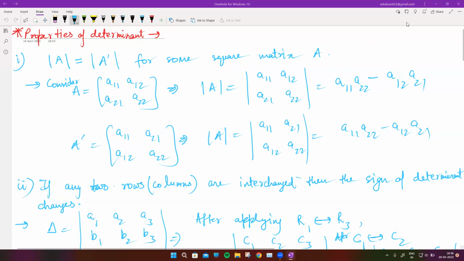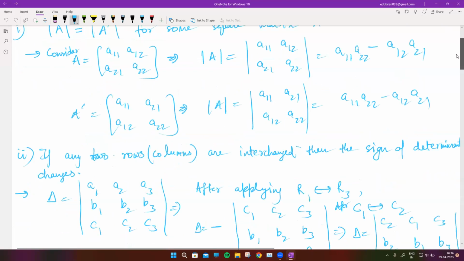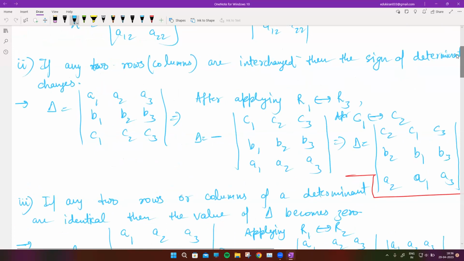And second was, if any 2 rows or any 2 columns are interchanged within a determinant, then the sign of the determinant changes. So let's say you have solved one determinant and the value of the determinant is 8. Now, if you interchange any 2 rows or any 2 columns, the value will be -8. Right? Then the third one was,